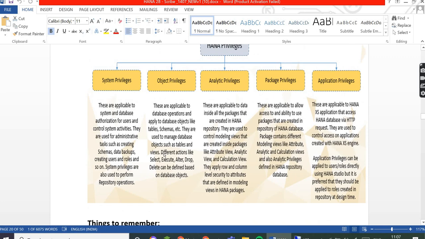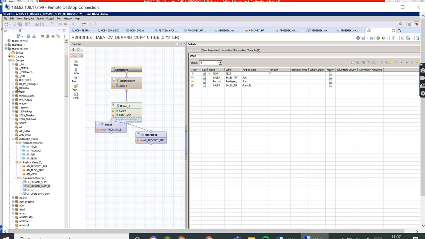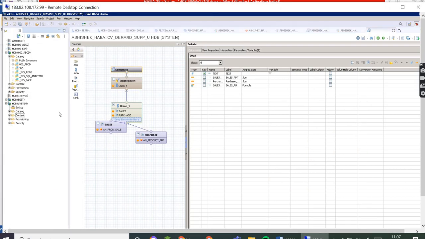So we'll meet tomorrow at 10 p.m. Till then, log in to the system and try to create some user at least. Try to be familiar with your HANA Studio. What are the different options? How to create users, passwords, some user parameters. Just see those things.